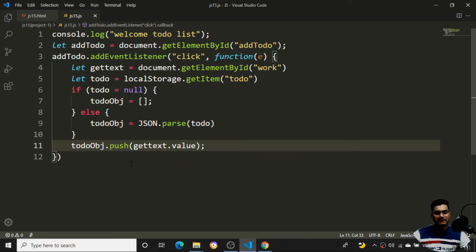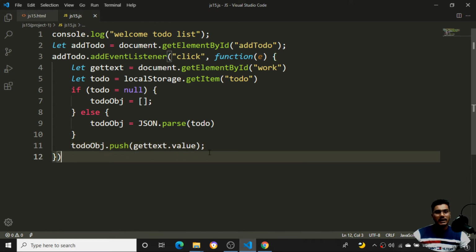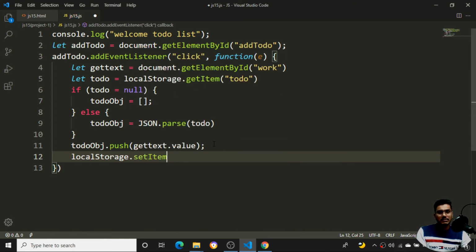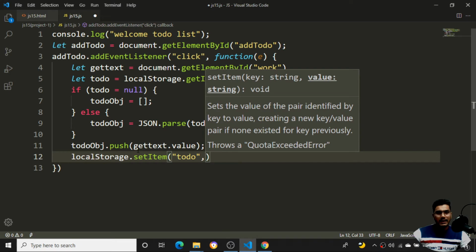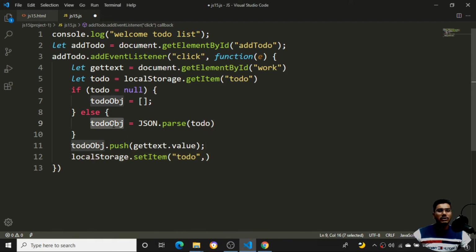Once I save here, now I need to do one more thing. I'll say local storage dot set item. I need to set the new value I have got, and I need to set it to the to do. Whatever new value I got inside my object, I need to stringify, then store it.